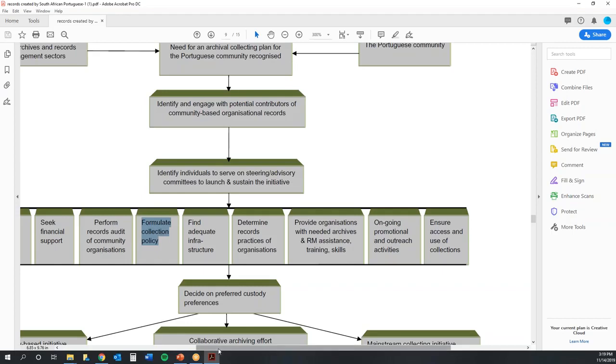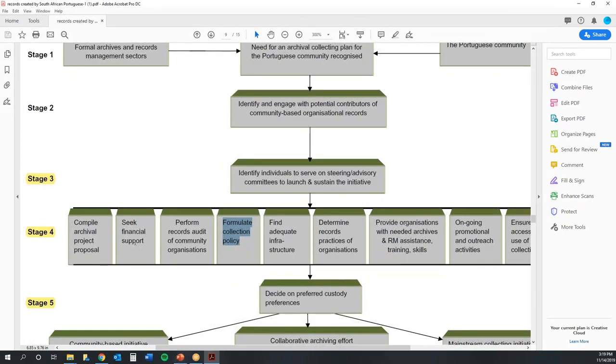Records audits, same thing. Seeking financial support. In order to do that, you're going to have to engage in promotional and outreach activities. Compiling an archival project proposal. Again, that's something that you can involve, or you really need to involve members of the community that you're trying to involve with your archive. So, outreach and promotion is extremely important for every archive, as I discussed a lot in my outreach class,